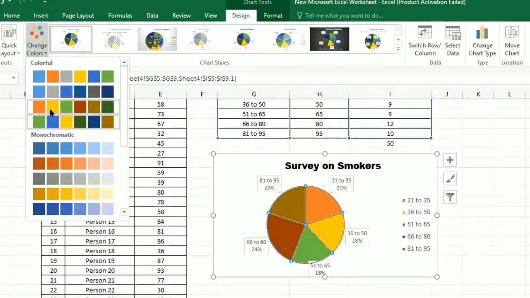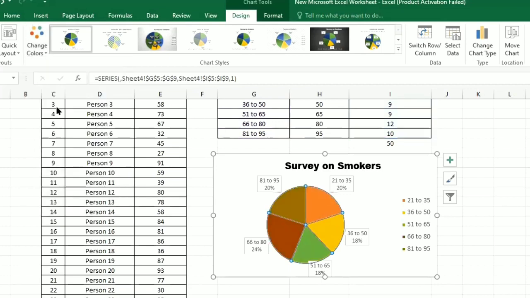I'm going to select this one and click on that color. Once I click on it, the pie chart color changes. Like this you can change the title, the text, and the title font size also.